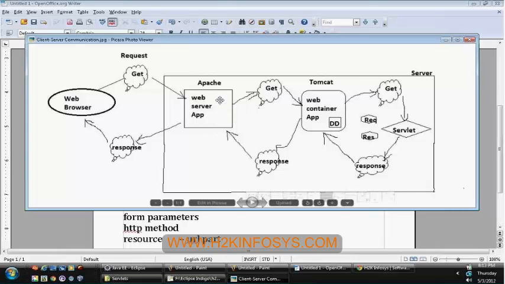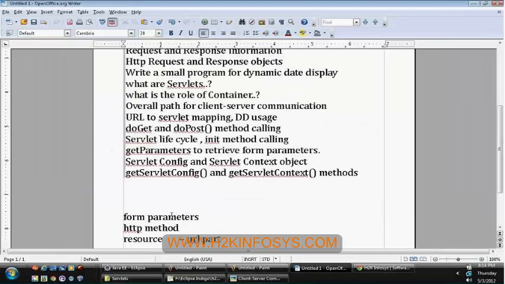So whatever request it has received at the web server level, it will just pass on the request to your web container. We'll see what is the necessity of web container and why there are two levels available, and all those things. We'll take a look at that later. So the next thing is the web container will receive the request, and until this point your information, whatever the HTTP request information,